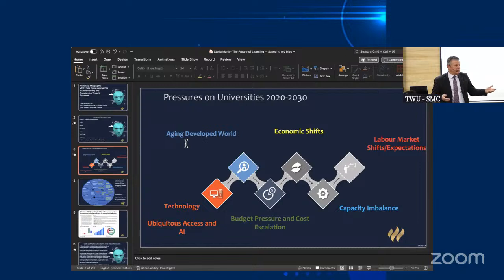That's what a capacity imbalance is. All these people that are trying to do one thing, have to do something totally different. Companies, the economies, those kinds of structures. What can change and how do they do that?